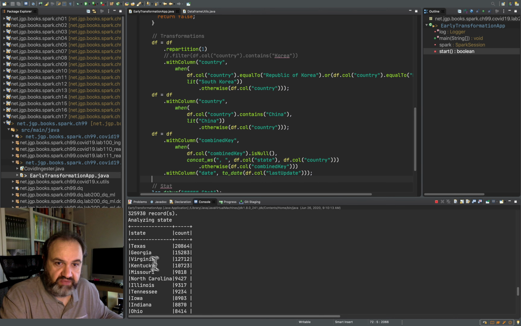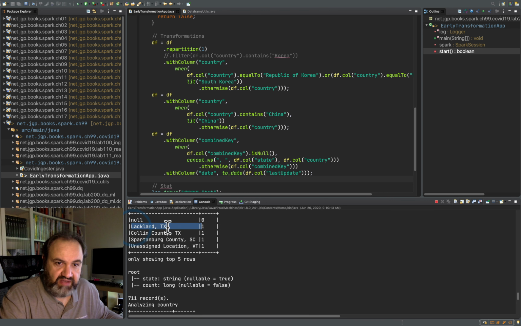Okay, because that's not a state. Lackland, Texas. Okay, or Spartanburg County, not too far away from my place, or Vermont here. So I will have to look at those data as well.